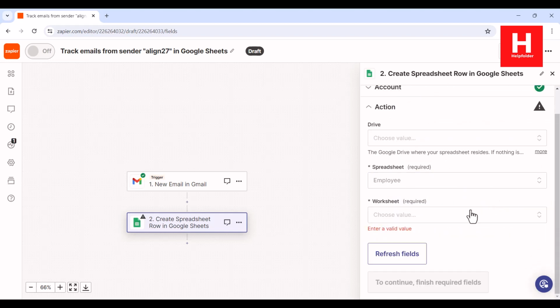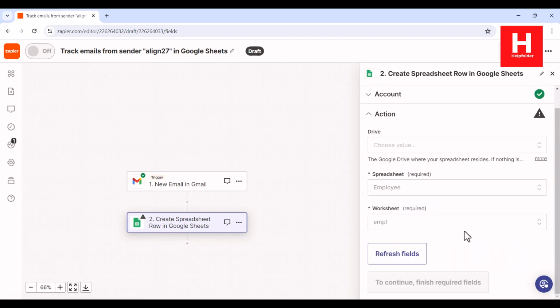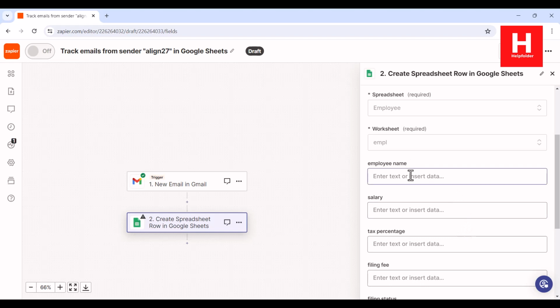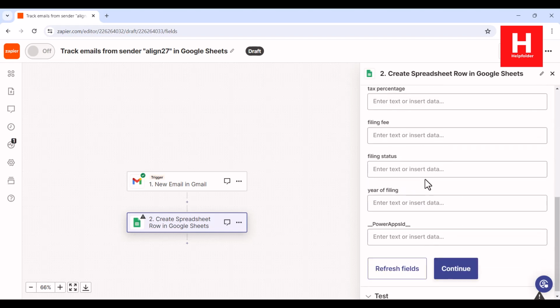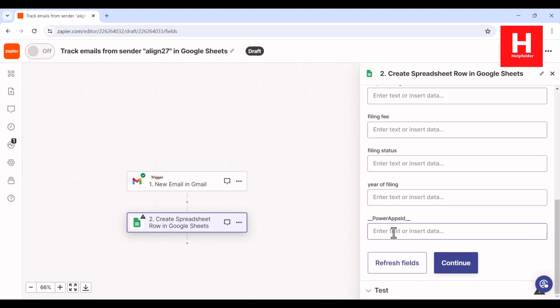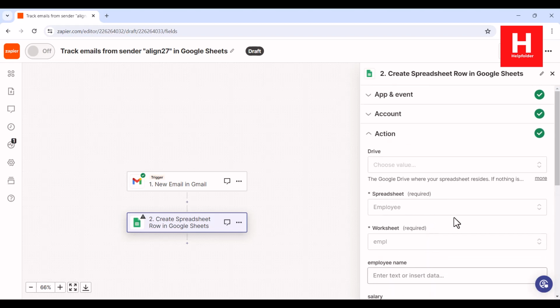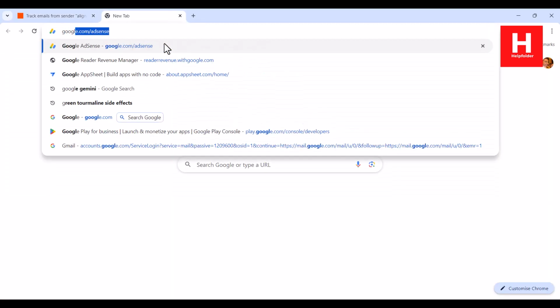Let's go with employee, and we have an employee sheet, right? And then within that I can just update. Let's just say if there is any field I can come up with, right? So if there isn't anything, then we will manually have to